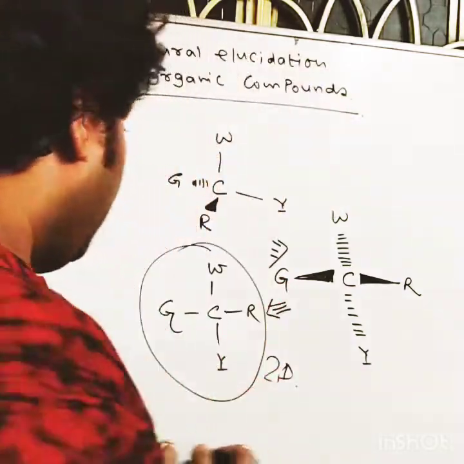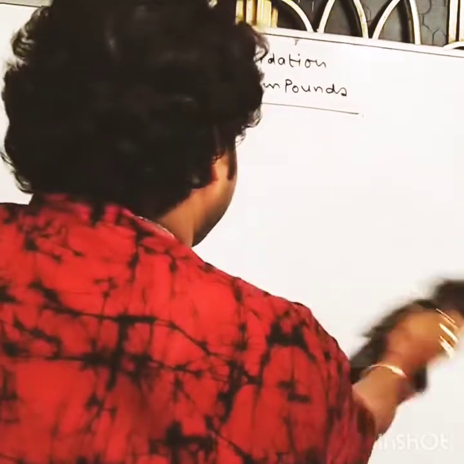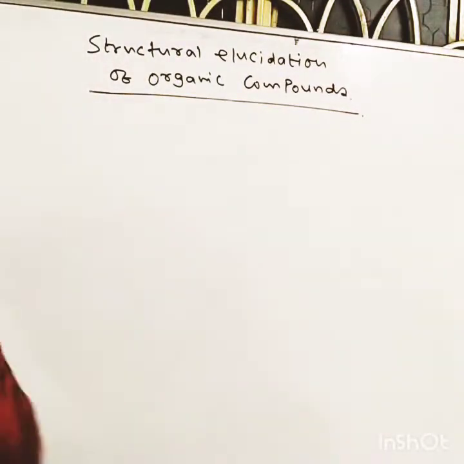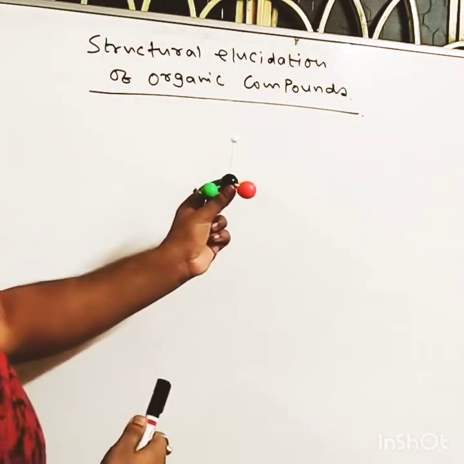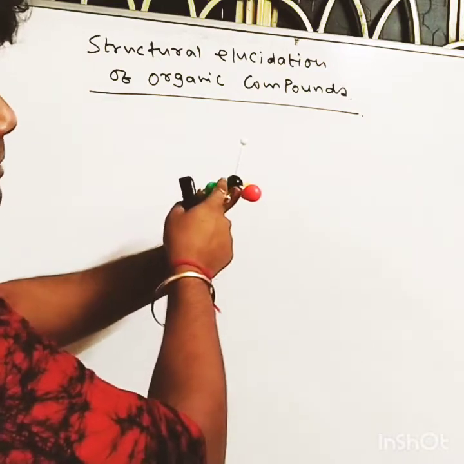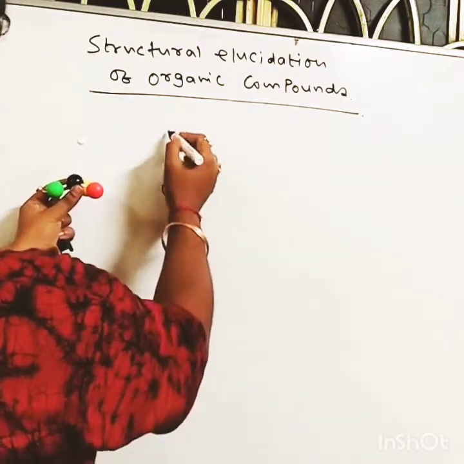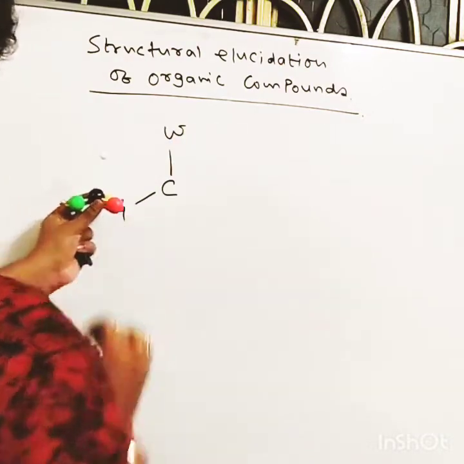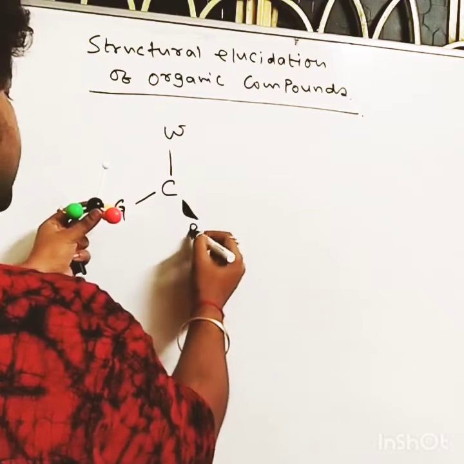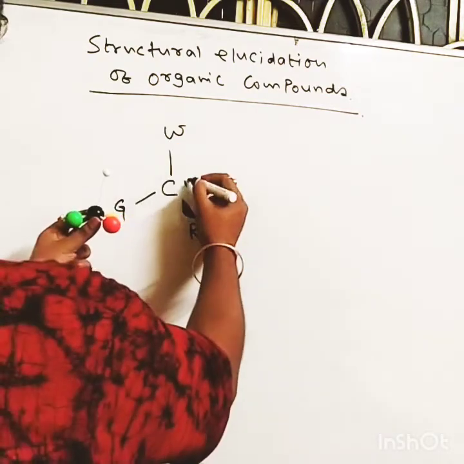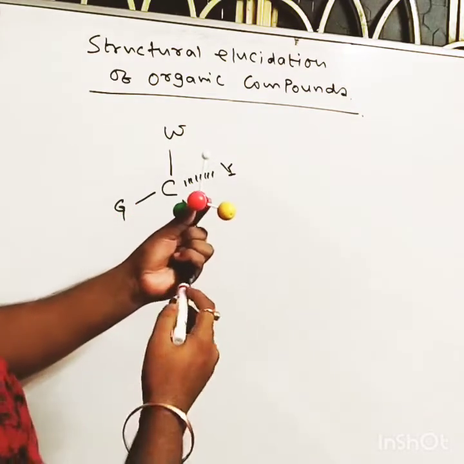Now, let me tell you that we can also have this representation in this format. Like I am holding this. So this normal bond can be in this side also. So I can say, if I have a carbon here, if I have a W here, if I have a green ball here, I have a red ball this side too, and I have a yellow ball this side too. So at this moment what we will do,